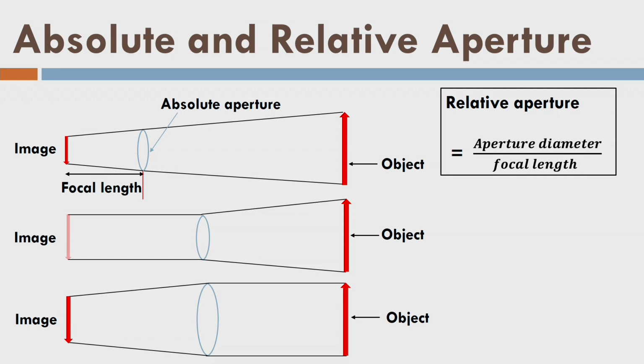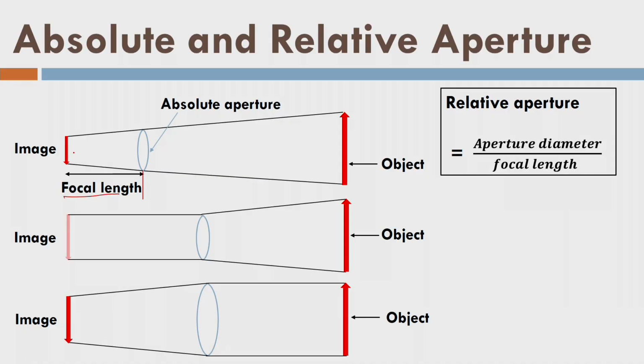Now let us look into this. As we know that we can vary the focal length, similarly we can vary the size of the aperture. So what is the effect here? As you know there is a focal length like this, and this is the object on the right hand side, and the image is created of this object, an inverted image. Now let us think that you have increased the focal length from here to here, by bringing your lens towards the object.